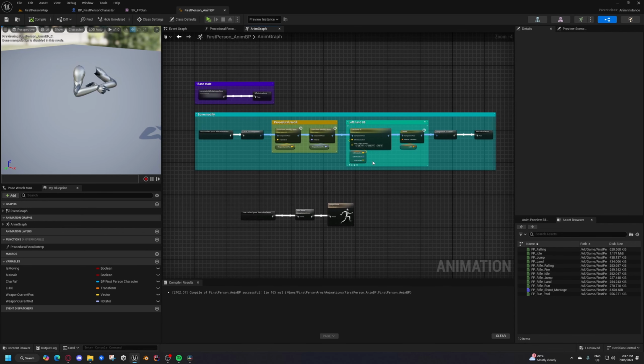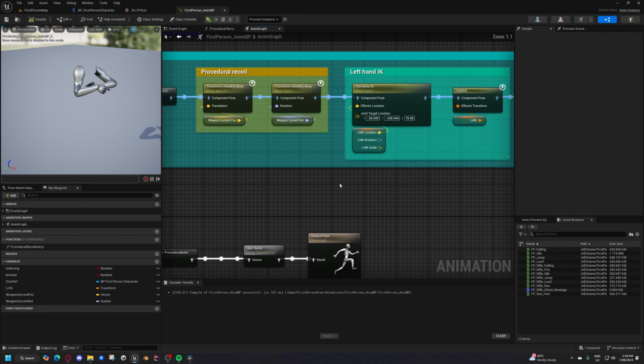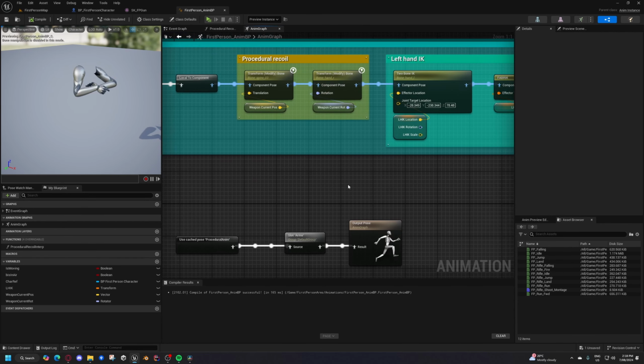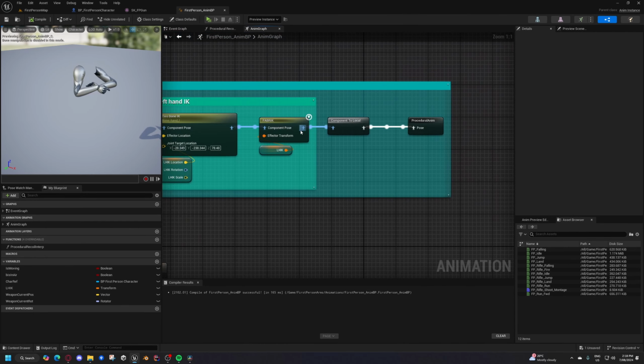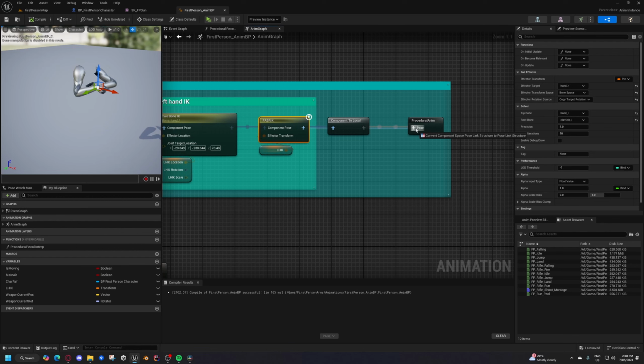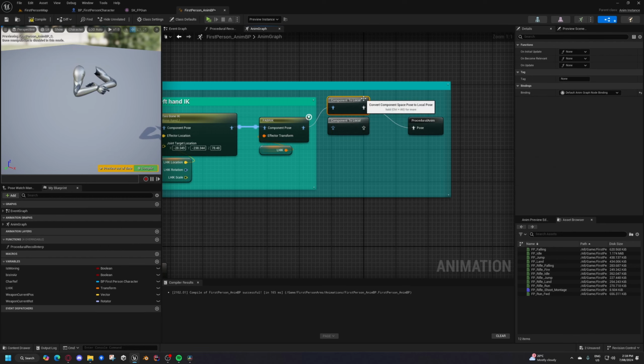I will go into it later on, like I said, guys, in a future YouTube video. But right now, we are just going to focus on getting our procedural weapon recoil started. So your stuff should look like this. So afterwards, you want to plug this straight into that procedural Anim. You'll see it will make a component to local